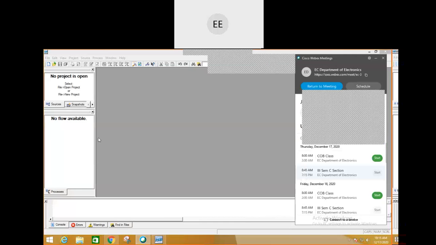Okay, so let us share the screen. See, we have opened with the Xilinx software now. So I'm having a workspace. Now over this workspace,